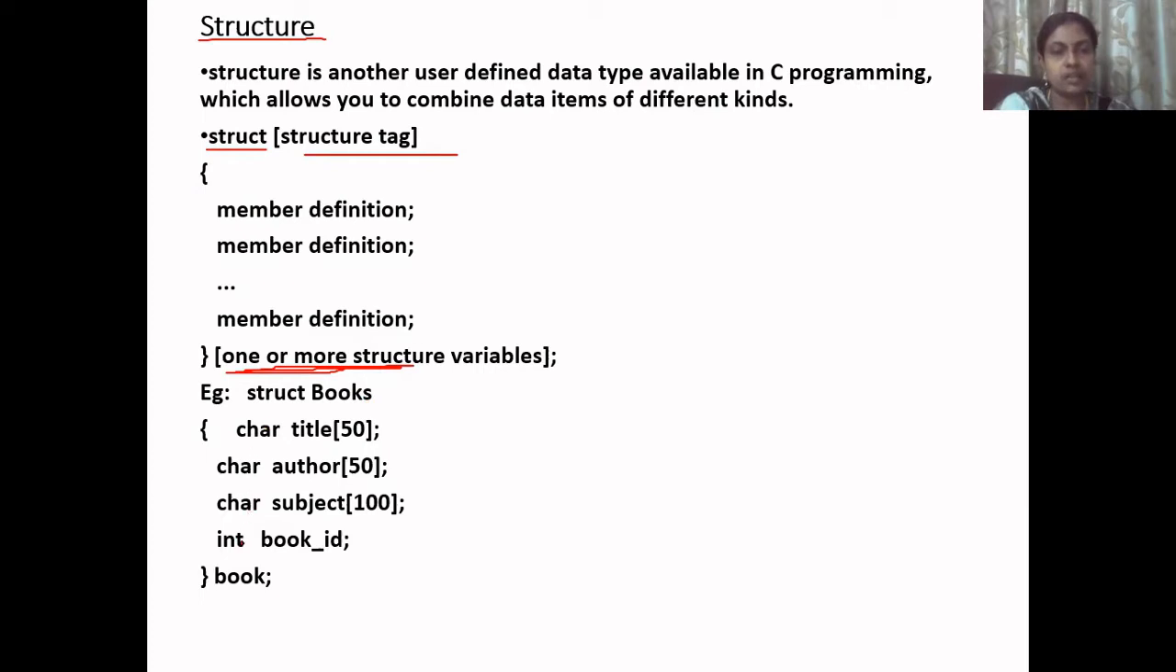Inside that we have 4 options available. One is title, size is 50, a character array; author 50, subject 100, and then I have one integer variable, book ID. All together I have stored in a structure named book. And if you could remember,